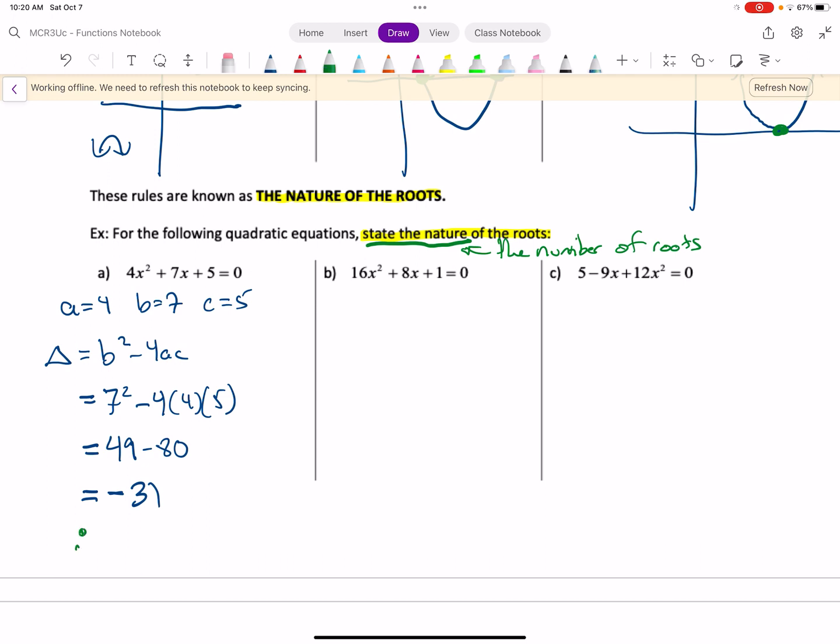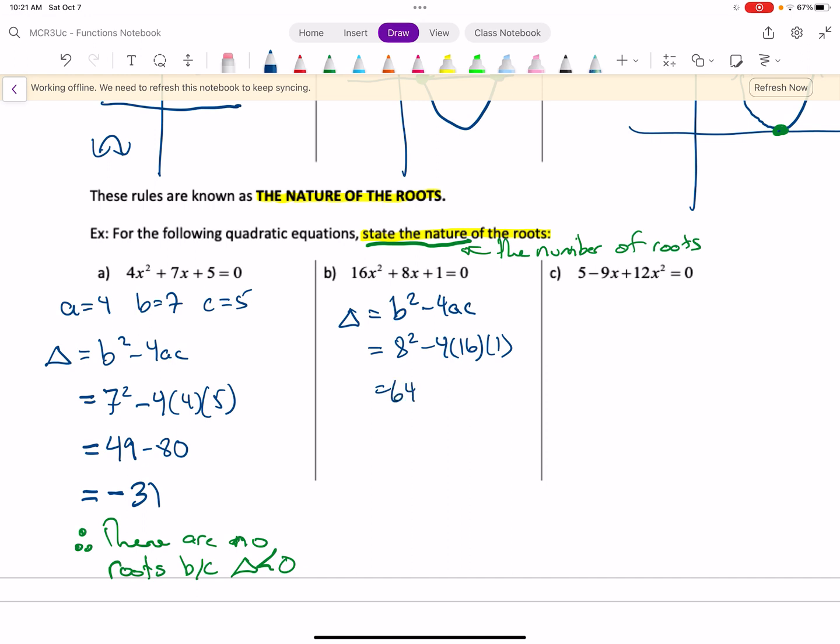So in this case, I get a negative number. So what this means is, therefore, there are no roots or no solutions because delta is less than 0, negative. So no solutions because we got a negative answer. So we'll try the next one. If you want to, you can write down A, B, and C, but you don't have to. So sub these things in. So I get 64, and then 4 times 16 is also 64. So I get 0. So therefore,